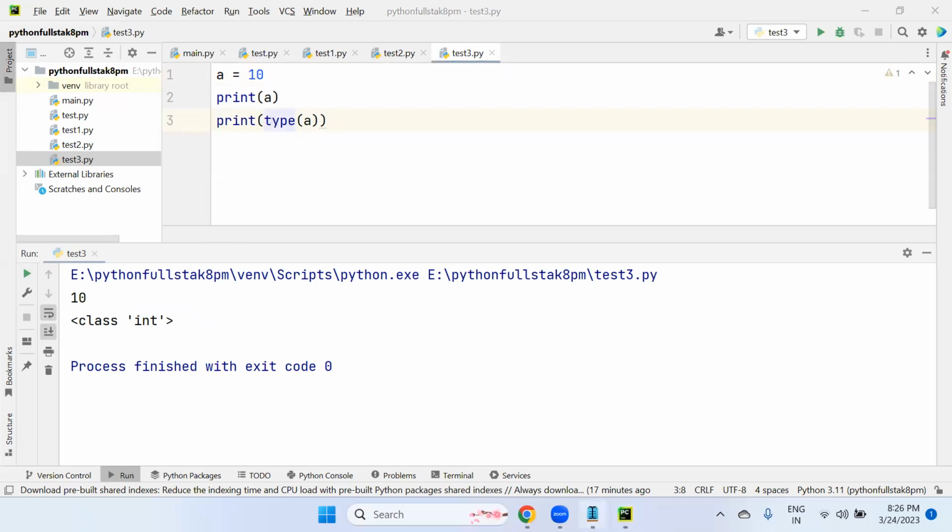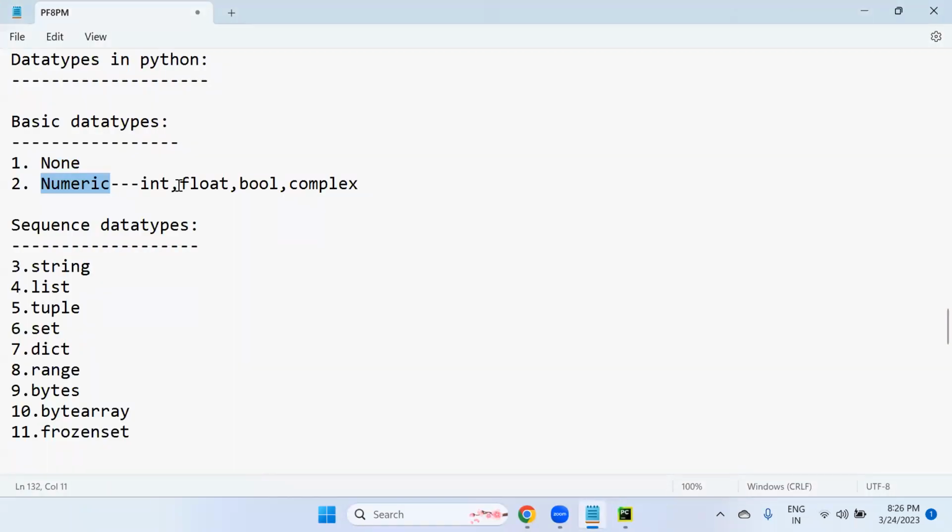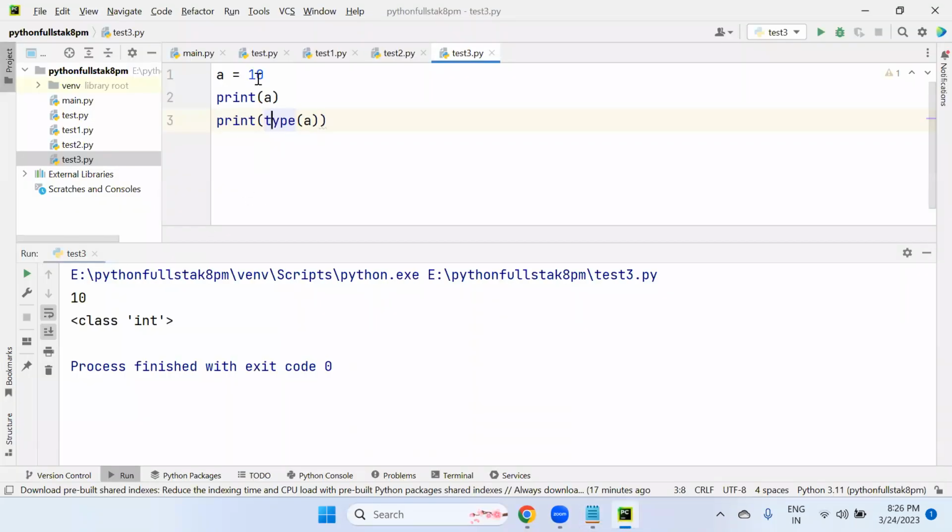Look at this. Our next data types are numeric types. Numeric is classified into int, float, bool, complex. So first let's talk about int and float. Right now we have integer type. If I say 10.9, float type is decided; internally Python will assign the data type of this variable as float only. Got my point?